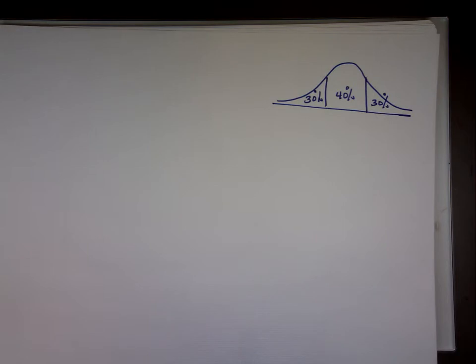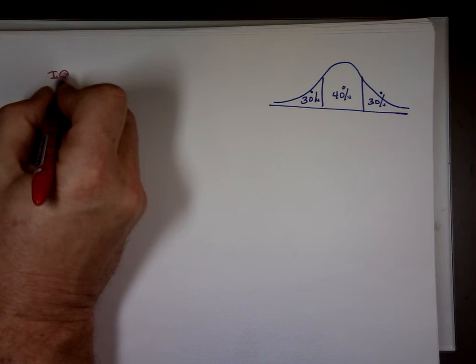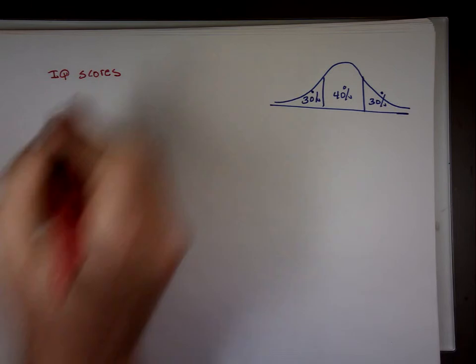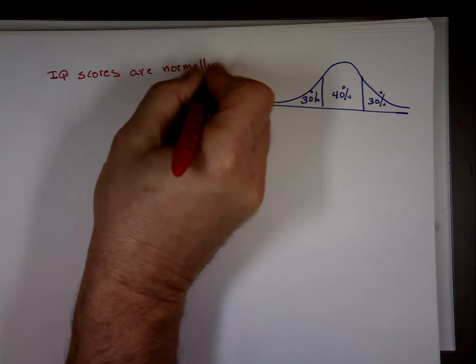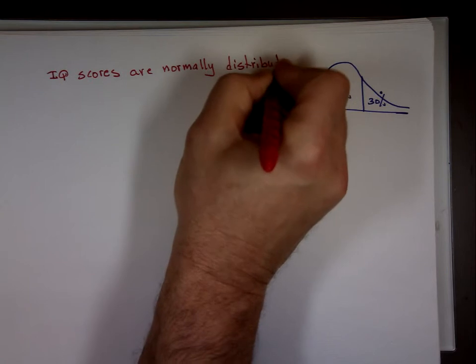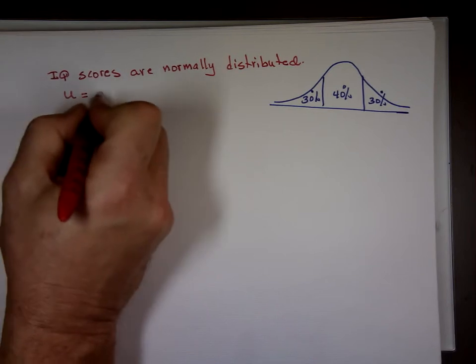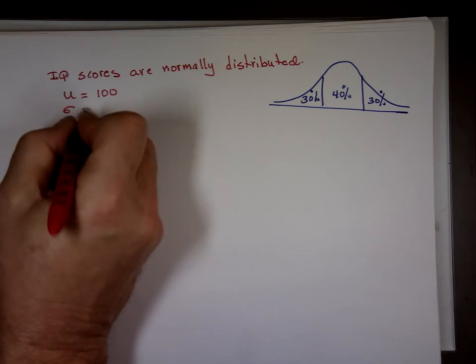Now, the Adult Intelligence Scale yields that IQ score obtained through a test, and this has actually been monitored closely lately. IQ scores are normally distributed. It tells you it has a bell shape, with the mean equal to 100, and the standard deviation for all these students is 15.